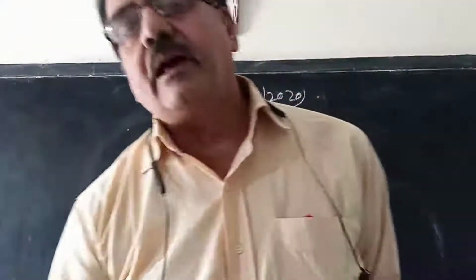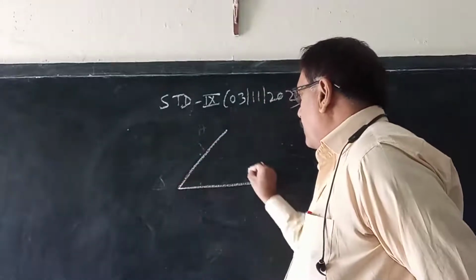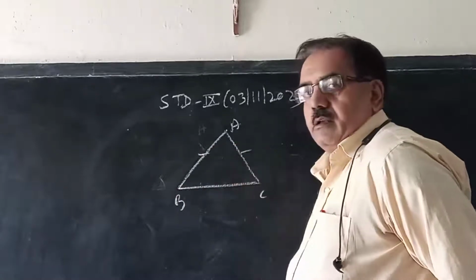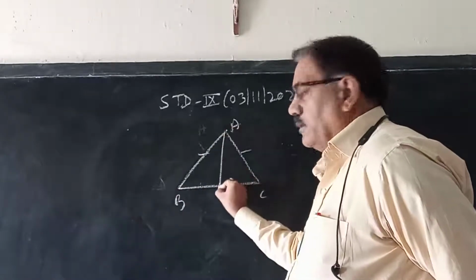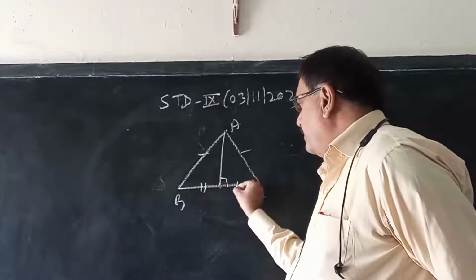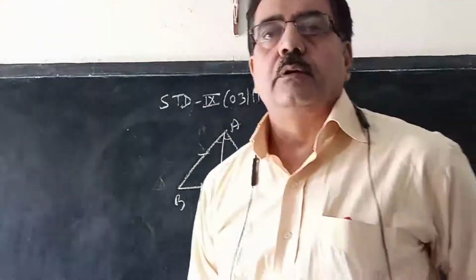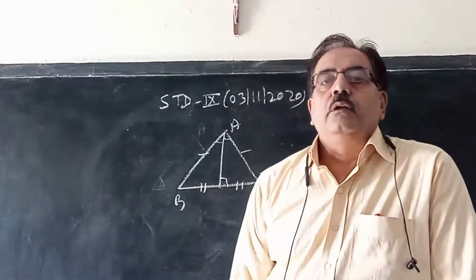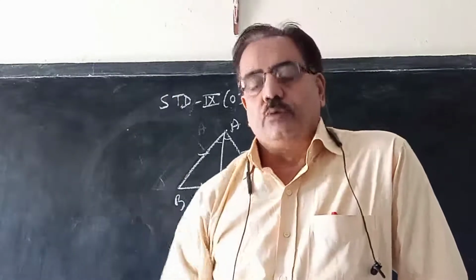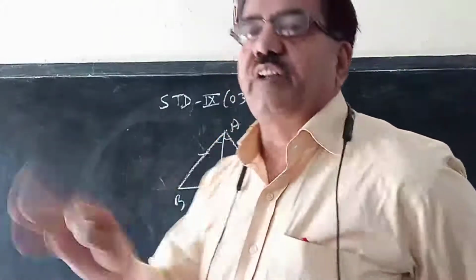in an isosceles triangle and an equilateral triangle, only in these two. This is isosceles. When we draw the altitude, meaning 90 degrees, this altitude will bisect the side as well as bisect the angle. By the congruency property you can prove it. Right? So, in an isosceles triangle and an equilateral triangle, when you draw the altitude, it will be perpendicular at the base and it bisects the base as well as the vertex angle.